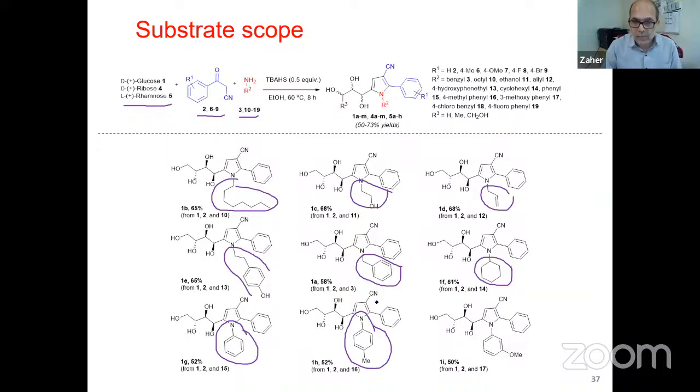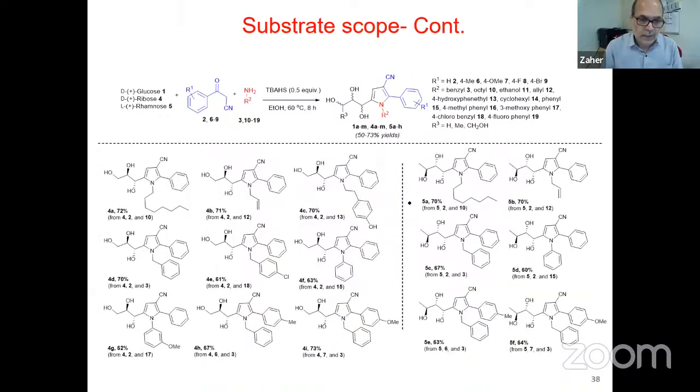I want you to note a little bit that the reactions with anilines give us a little bit lower yield than the reaction with primary amine. Well, this is really expected because of the reactivity of these compounds. So this slide shows us the reaction of different amines with the glucose to give us the desired compounds in high yield. This slide here shows us the same reaction, but here I am using ribose as my sugar, and